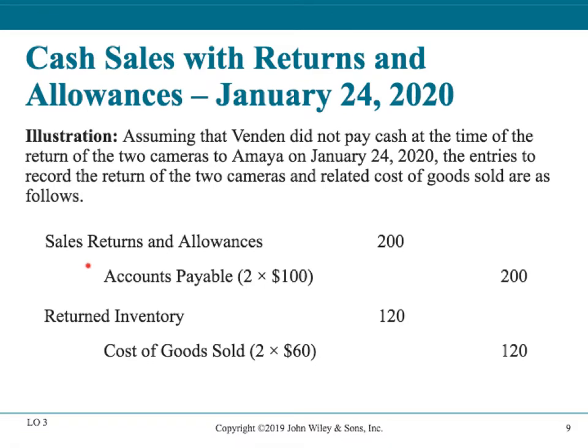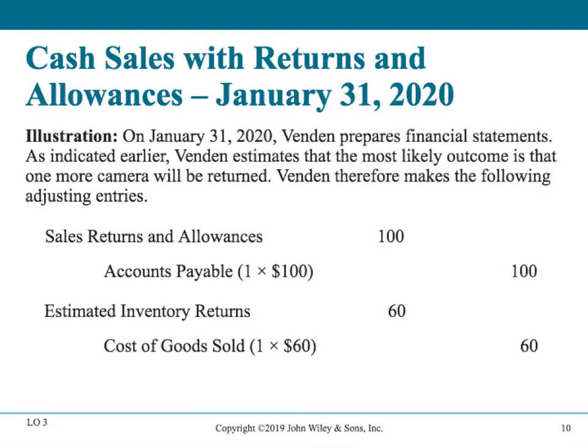Recall that we credited accounts receivable. Well, in this case, we're not crediting cash. We have not given them cash yet. So instead, we will go ahead and credit accounts payable, recording it as a liability on our part. And then we will have to estimate a return for one more camera, again a debit to sales returns and allowances, and we will credit or increase our liability in accounts payable by one more potential return that might happen